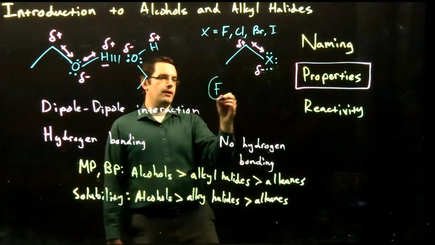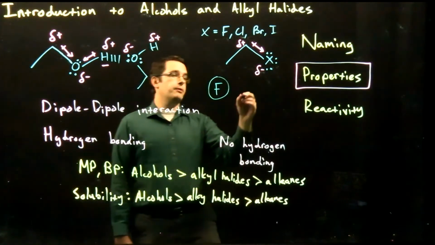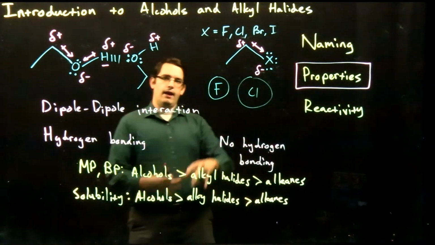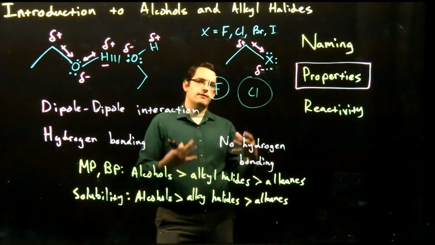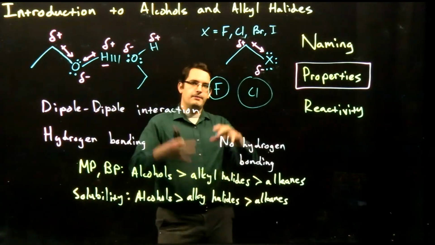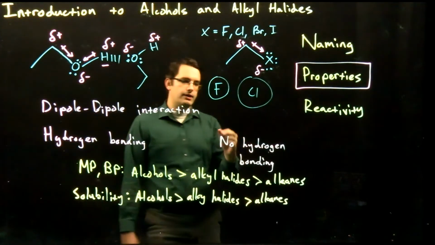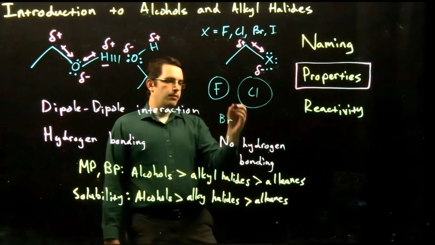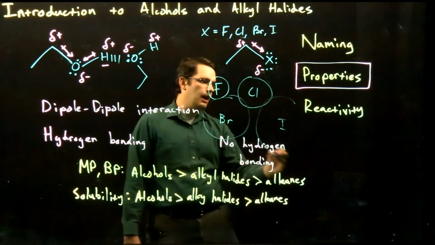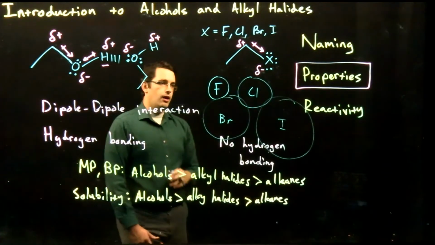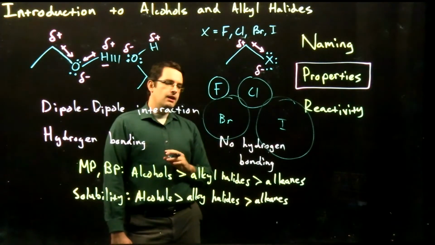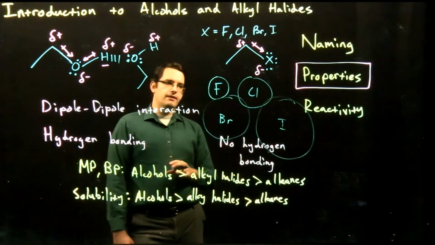So fluorine is going to be relatively small, and then we go to chlorine, and chlorine has a lot more electrons around it, and those electrons are what create most of the size of our atom overall. So chlorine gets a bit bigger as we add another layer of electrons. Bromine is even bigger than that, and iodine is the biggest of all. So you're going to have a size difference between these atoms,